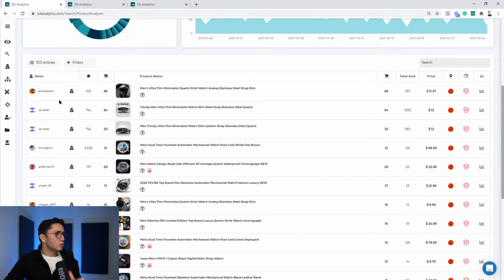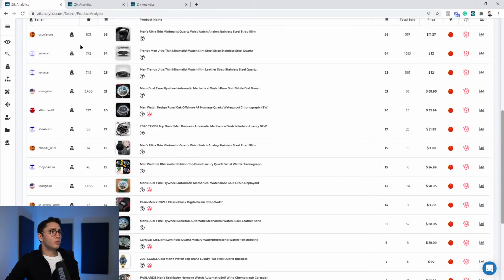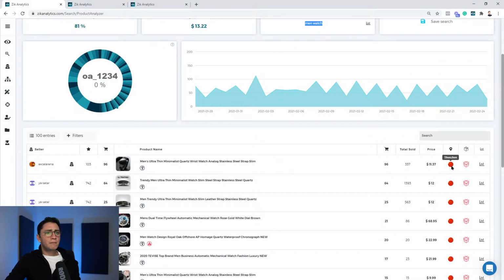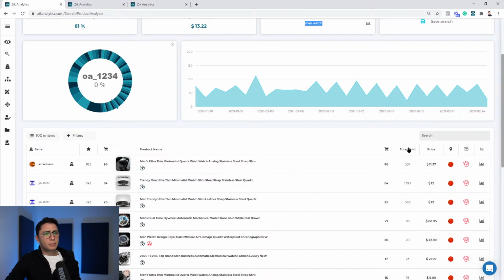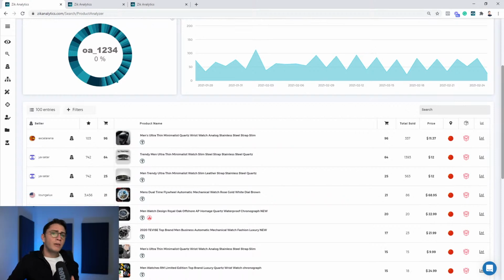So the second step will be to select the right dropshippers. So you're either going through all these results, which is not a lot, so you can go through everything, or you try to identify the good sellers in advance. So you're trying to see here the price other people are selling the product for, how many times the product sold in the last 30 days, lifetime, where the seller came from, how many feedbacks the seller has, okay? This information will give you some hints on how good the sellers are.